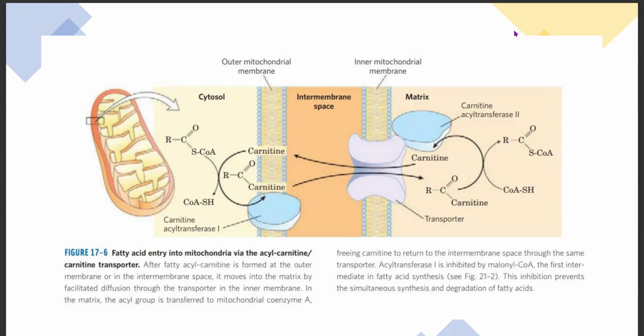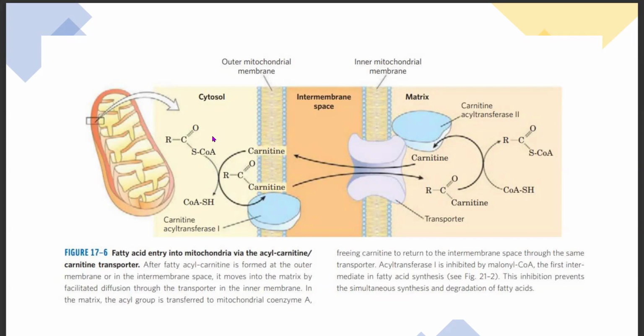In this module, we will see how fatty acid enters into mitochondria via the carnitine transporter. Fatty acyl-CoA ester is formed at the cytosolic face of the outer mitochondrial membrane. So this is cytosol and this part is matrix. This is inner mitochondrial membrane and this is outer mitochondrial membrane. And the space between the outer and inner mitochondrial membrane is known as intermembrane space. So first of all, fatty acyl-CoA ester is formed at the cytosolic face of the outer membrane of mitochondria,